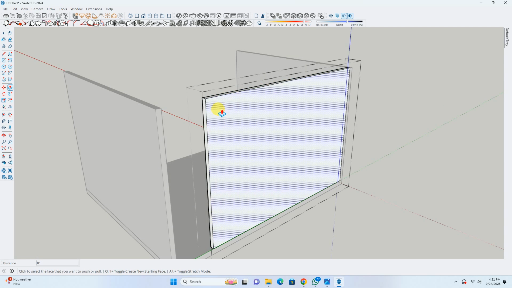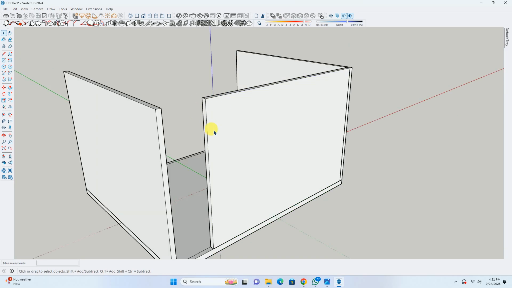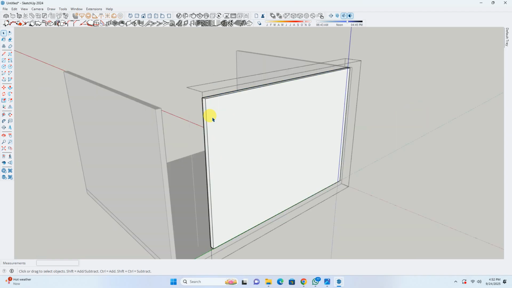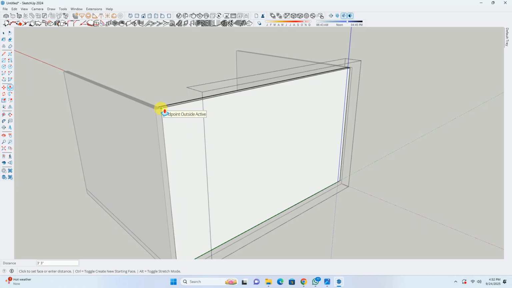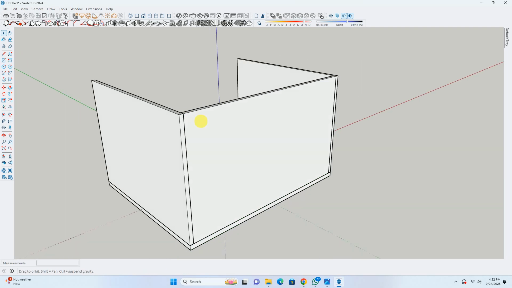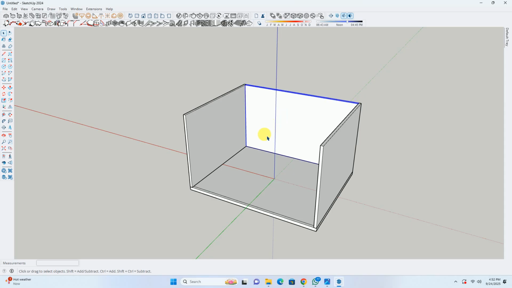We'll again go to push pull command. Why do we need to double click on this? Because it's a group object. To edit a group, we should go to group editor first of all. To do that, we have to double click on the surface. Now we'll go to push-pull command. We'll select the surface and stretch it to this end. In this manner, we have created the third wall.